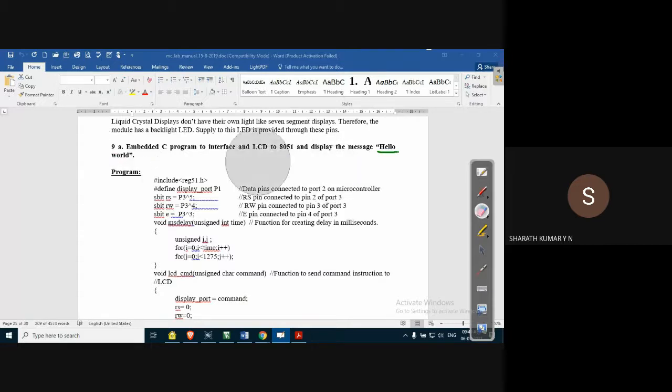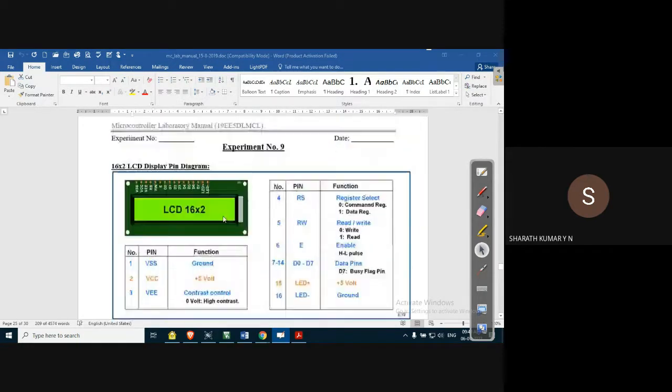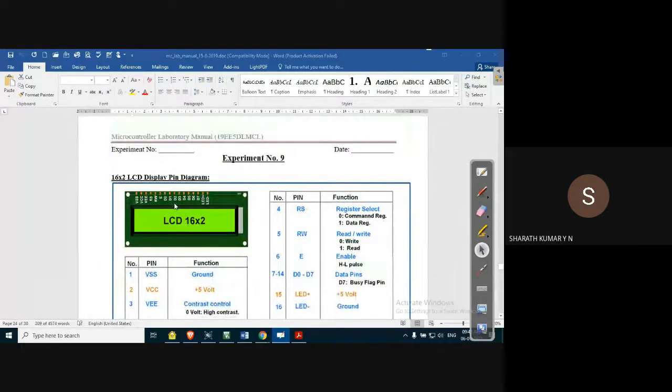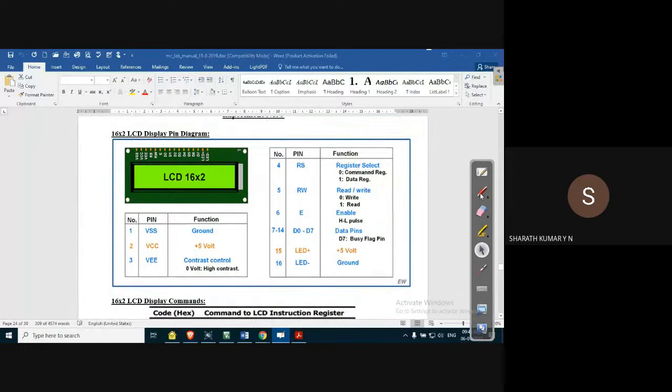First, let us look into the LCD display and discuss its characteristics and features. Then we'll start working with it. The LCD display comes with various configurations. The most commonly used configuration is the 16 cross 2 LCD display. As the name suggests, 16 cross 2 means there are 16 columns and 2 rows. Characters can be displayed either on the top row or first row, or the bottom row or second row, in any of the columns. It need not be on the first column to start with.